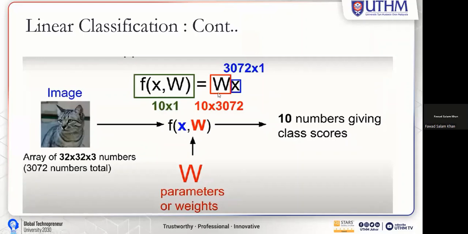For example, here there are 10 classes and we have one multiplication. Then X is 3072, which you get after multiplying 32 by 32 by 3. Here I'll take only one image, that is X is 1, then the value is 10 by 3072. So you can easily get that there can be 10 by 3072 values from this given number of classes